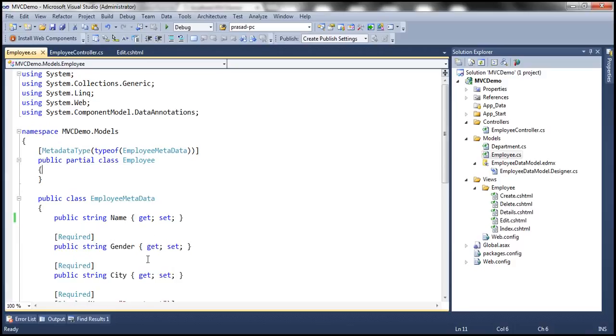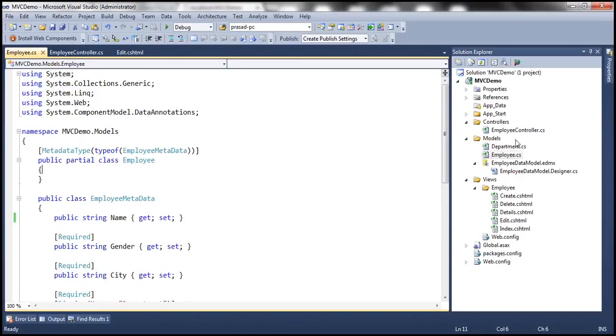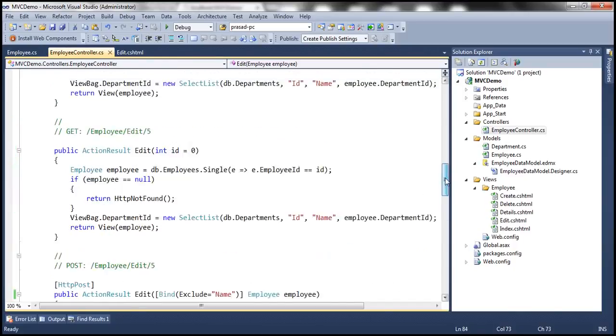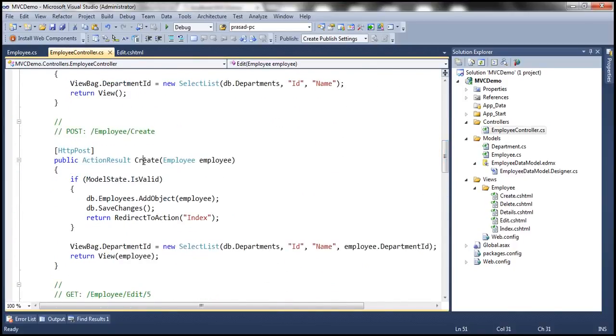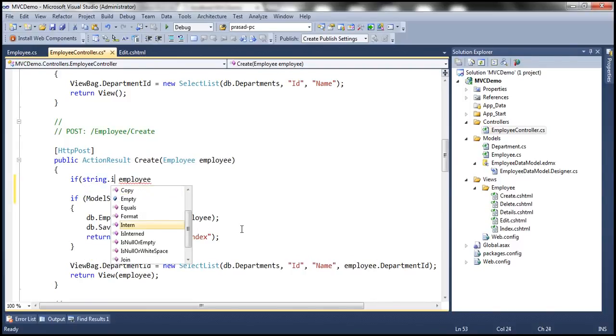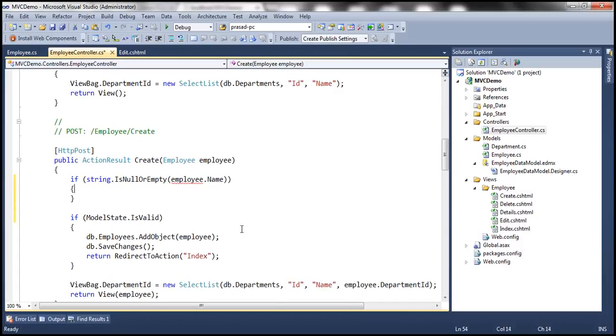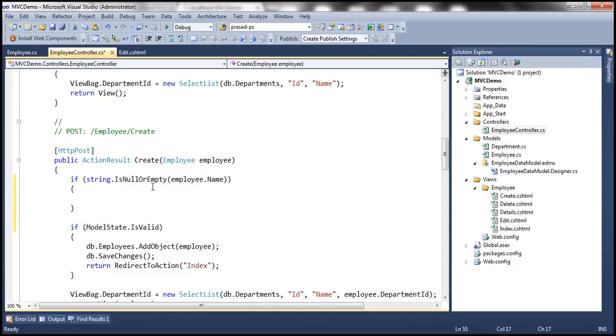Okay, so now in order to correct this, we can add validation errors dynamically. Okay, so within create controller action method of this employee controller, so this is the create controller action method which responds to HTTP post operation. So what I'm going to do is I'm going to check the name of the employee object. If that is empty, then we can dynamically add. So I'm going to use string.IsNullOrEmpty, and then we are going to check the name of the employee. So if the name property of the employee object that is coming into this function is null or empty, then